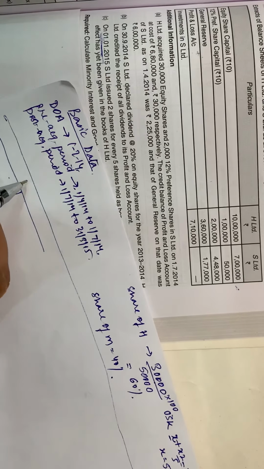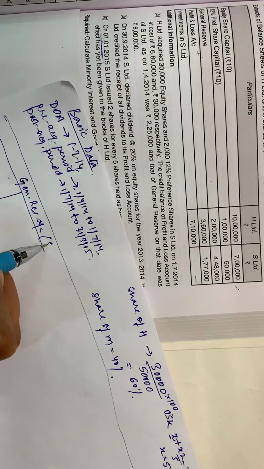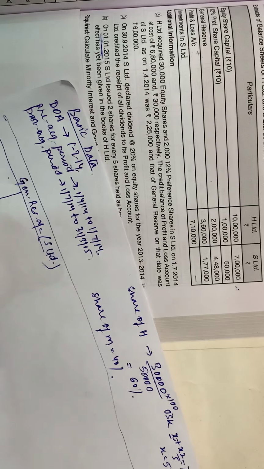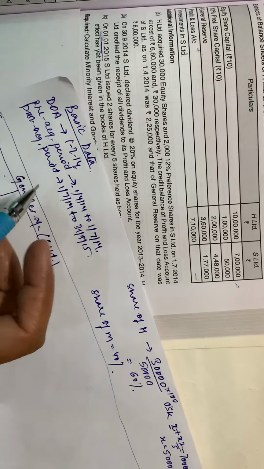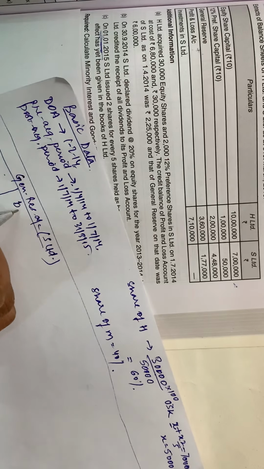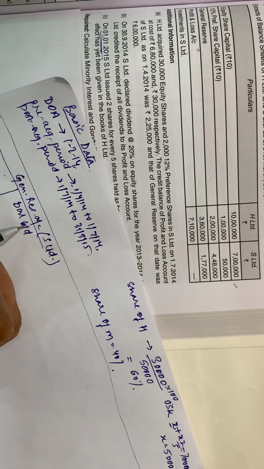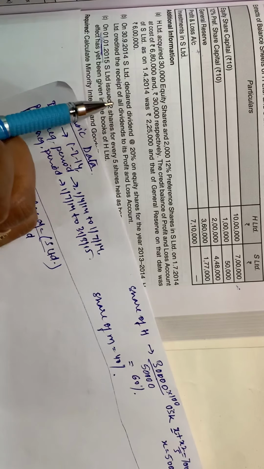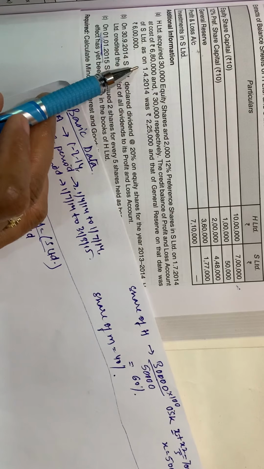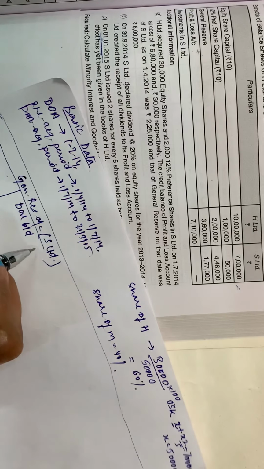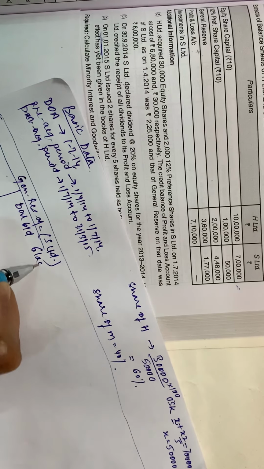So let's see the general reserve account. Your general reserve account, this is for subsidiary S Limited, and you are given the fact that the balance which is brought down on 1/4/14 is 6 lakhs. So my opening balance was 6 lakhs,